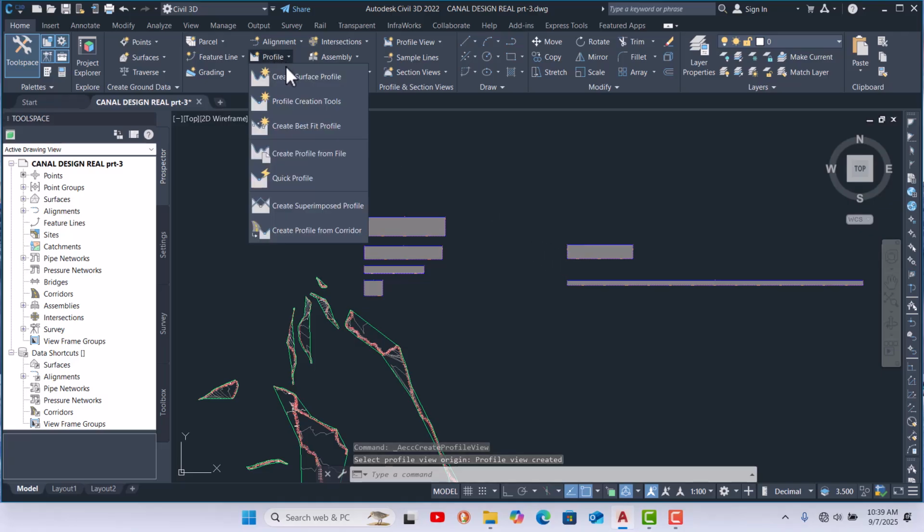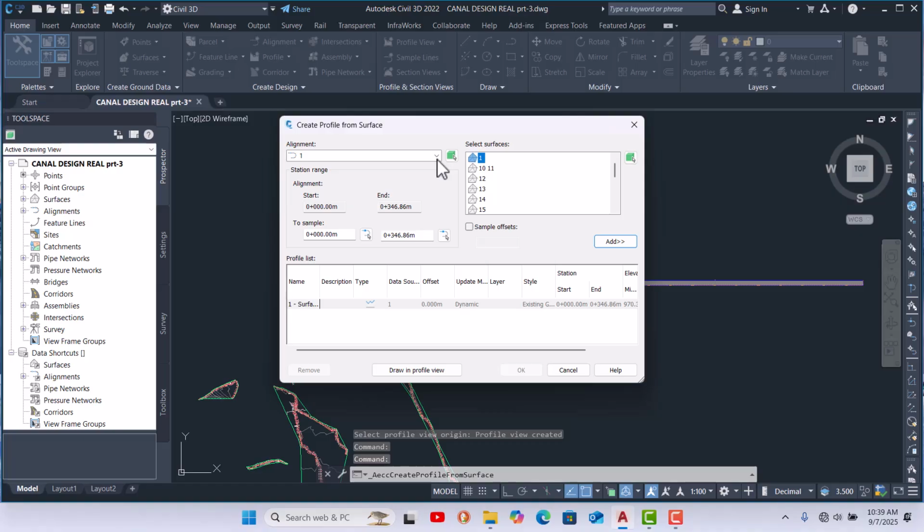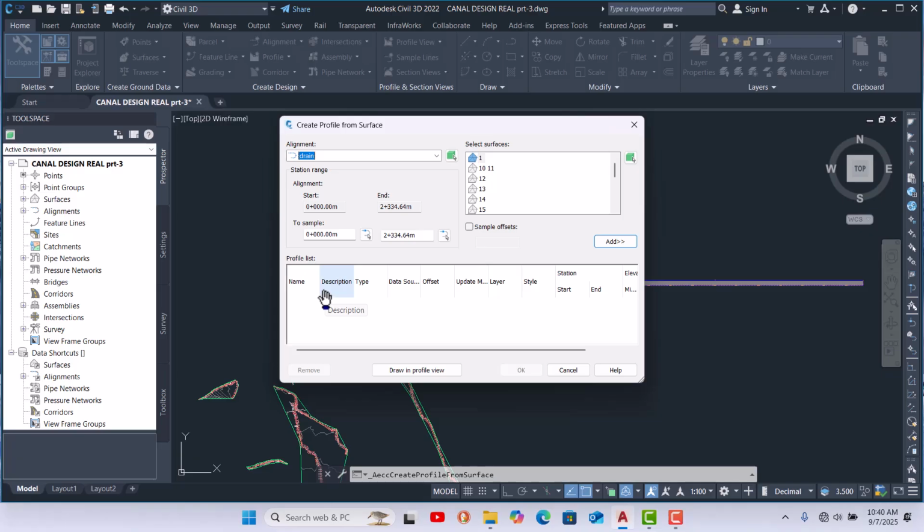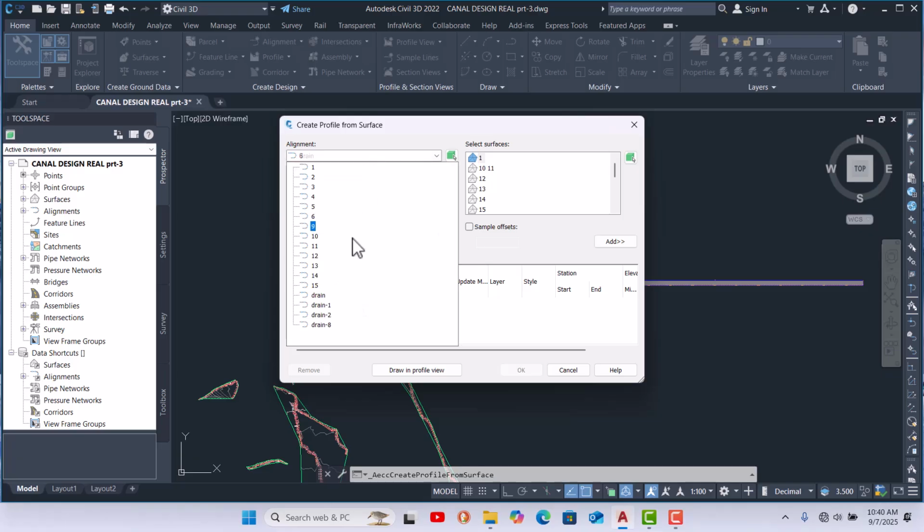Then again we have to go here, create the surface profiles, give alignment number 7, it is the only alignment, but we don't have the surface data, so directly we have to go to number 8. We have not given a number, I'm giving a number there, drain. Okay, here drain, then drain 8,